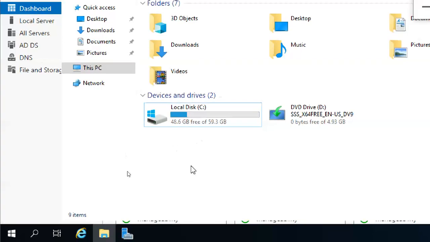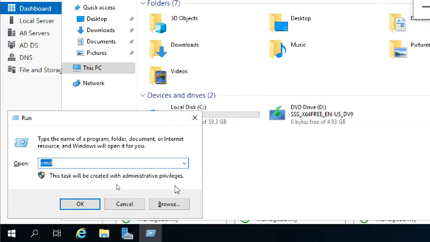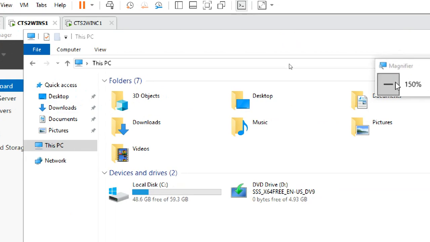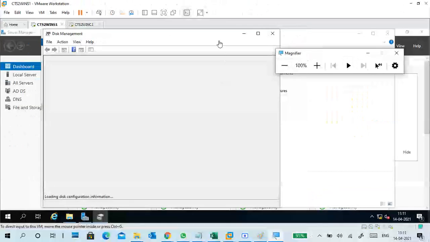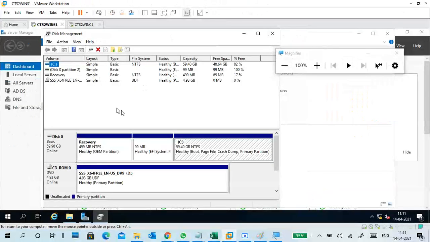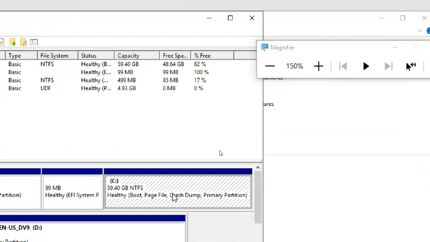Shrink the drive. So the first step is to go to disk management, diskmgmt.msc. I can do it in the C drive also, no problem. I can create folders in the C drive, but I want a separate one.